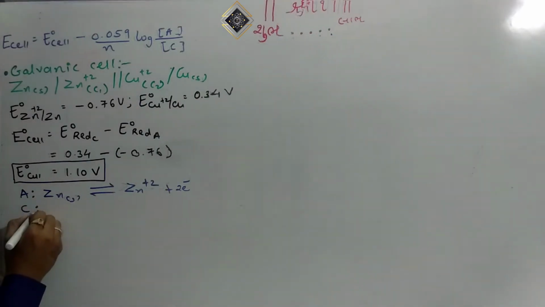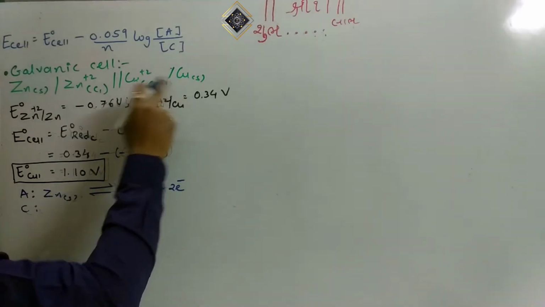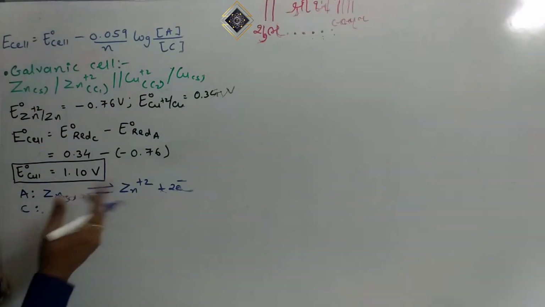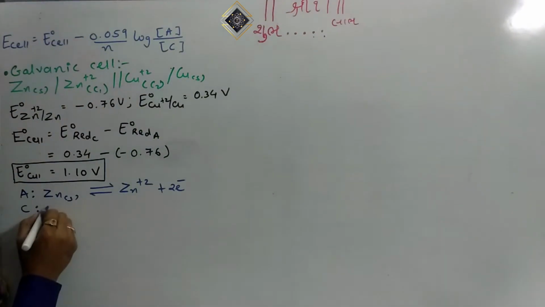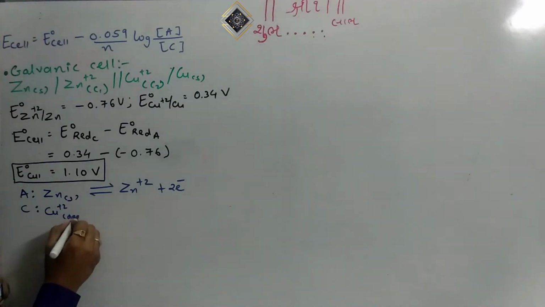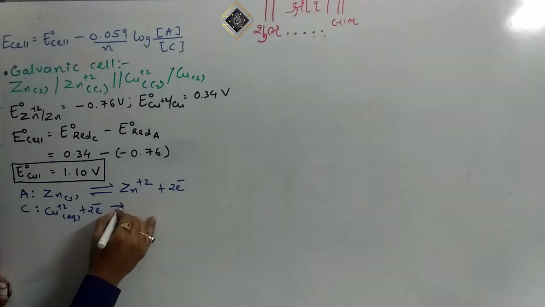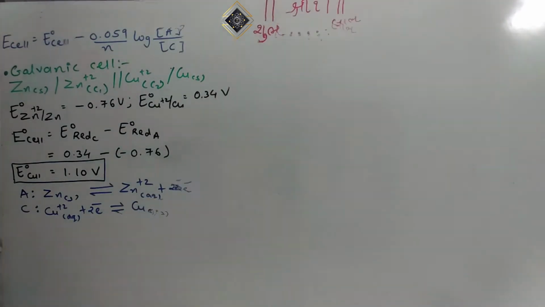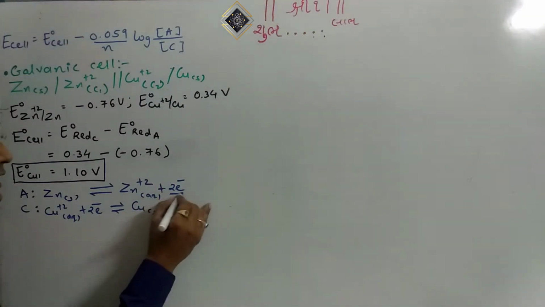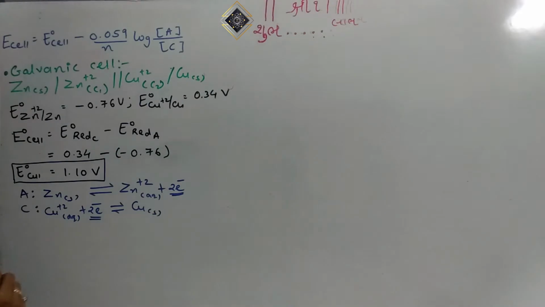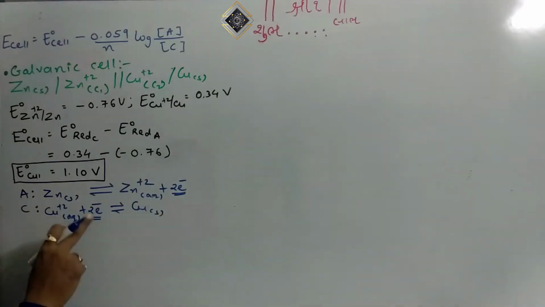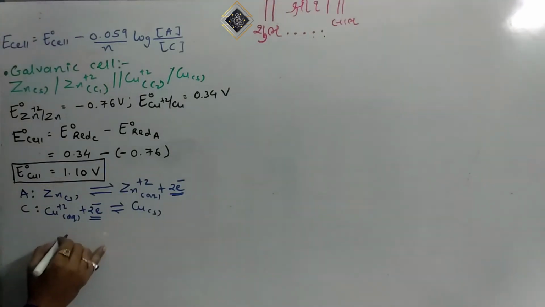At the cathode side, Cu plus 2 converts into Cu, that means oxidation number plus 2 converts into 0. It decreased by 2, that means 2 electrons are required to be gained by Cu plus 2. So Cu plus 2 acquires 2 electrons and gives us Cu solid. How can we calculate n? Then n is always the number of valence electrons. Here the number of electrons is 2 at the product side. Here the number of electrons is 2 at the reactant side. That means your n is equal to 2.